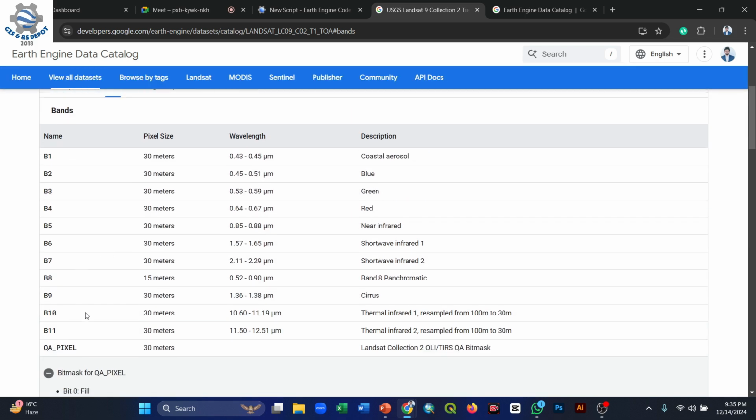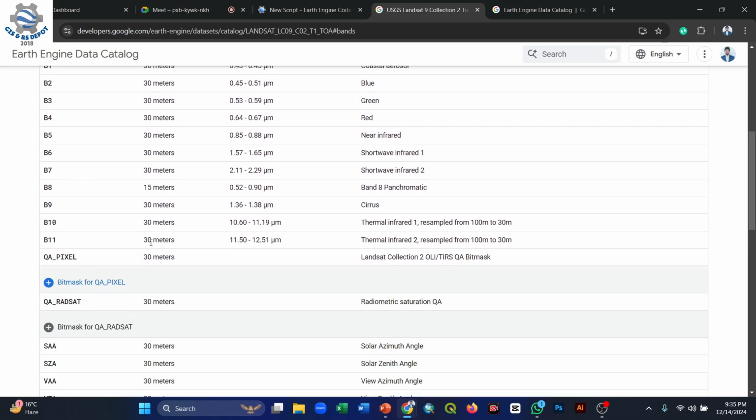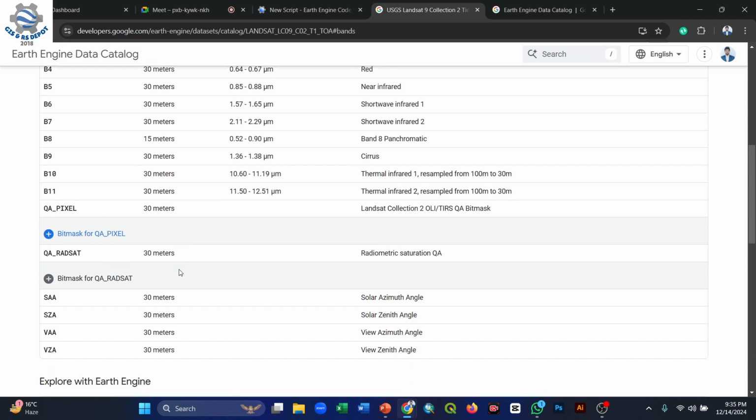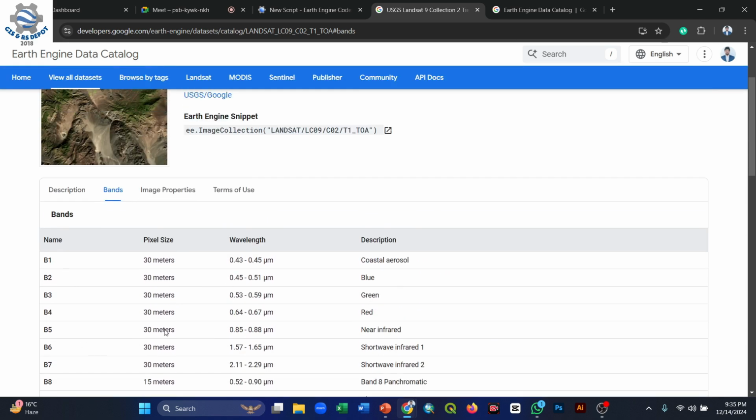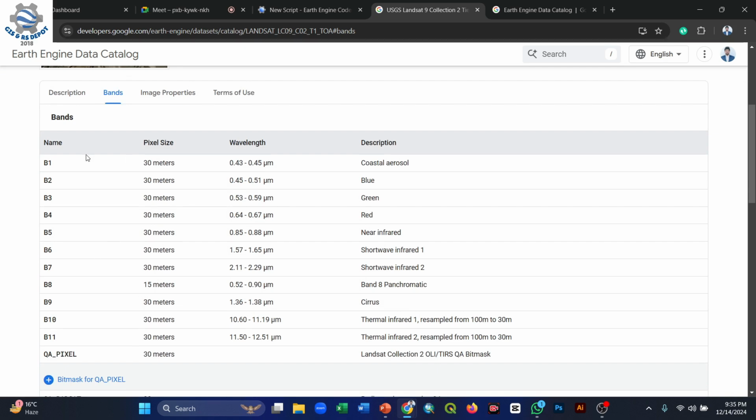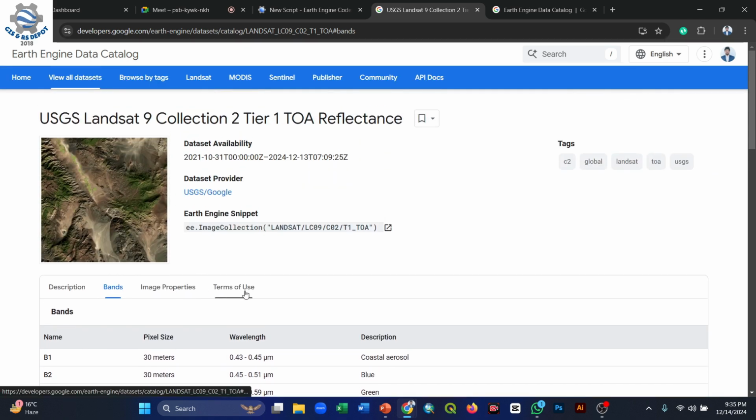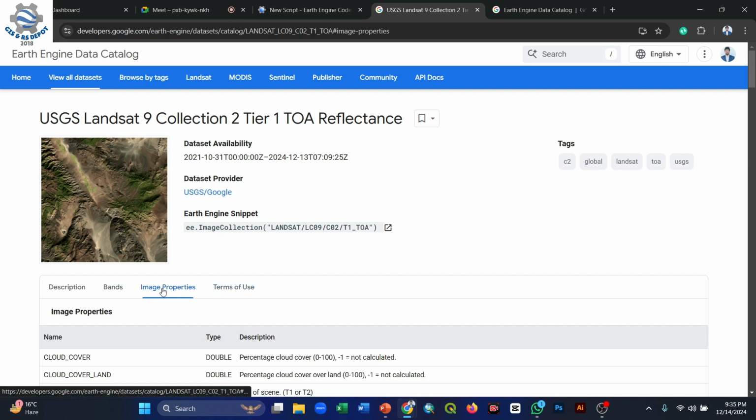When we discuss this part, we will learn it. You see there is lots of band information available in this bands section, and also you see the terms of use, and the image